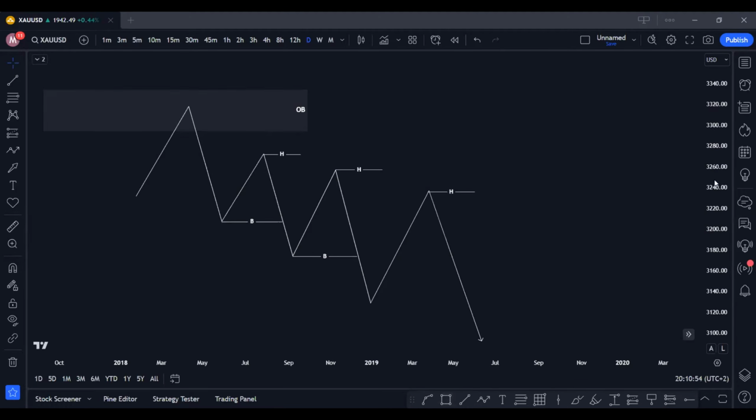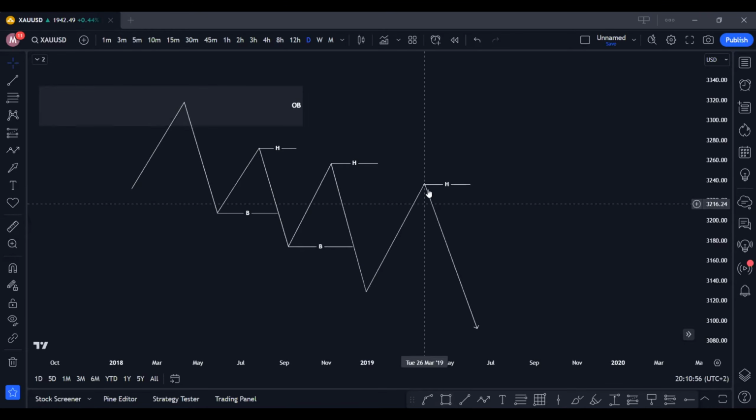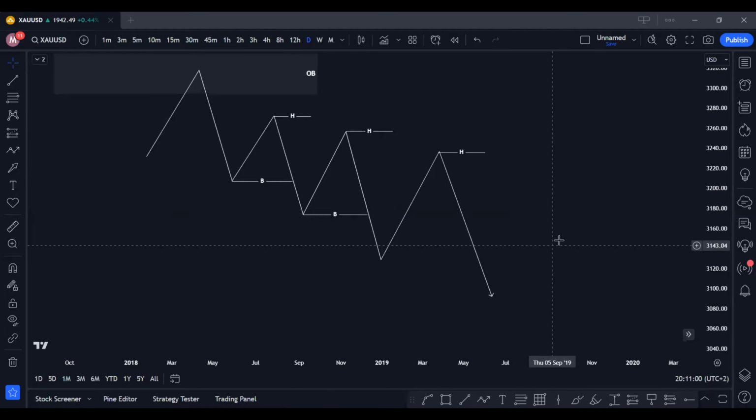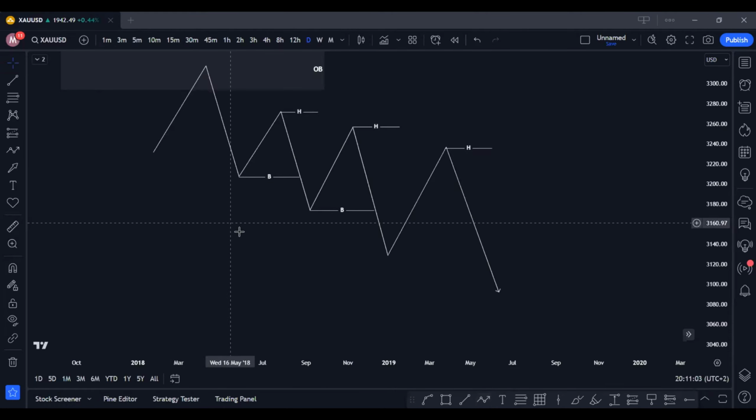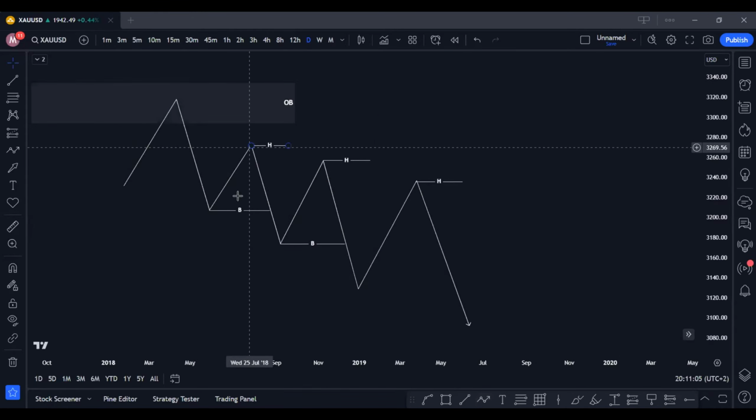When price continues to push to the downside, price has to create a bearish order flow, meaning we're going to have something like this, whereby we have your lower high, and we're going to take your selling opportunities here,